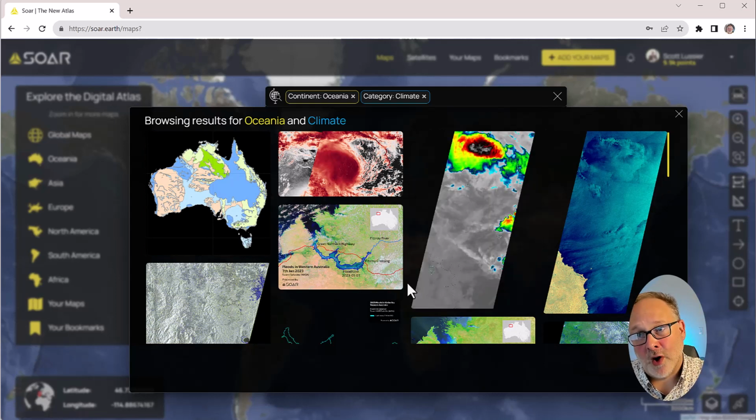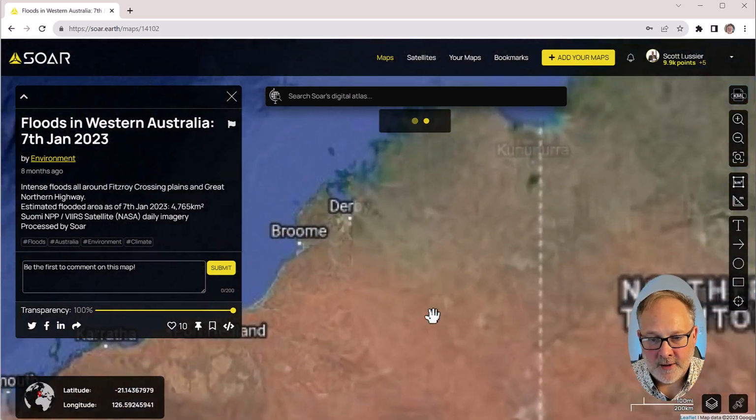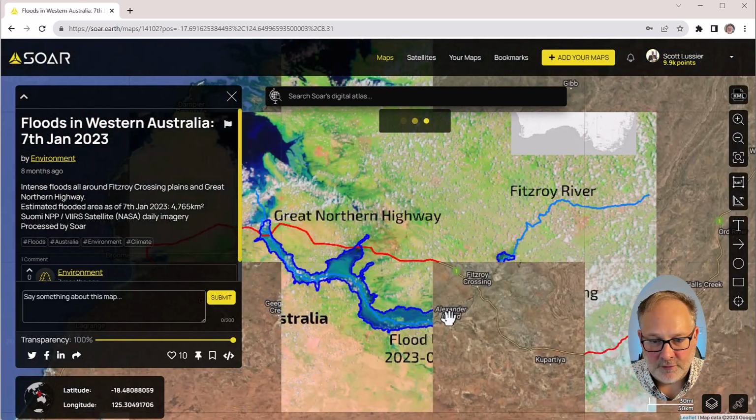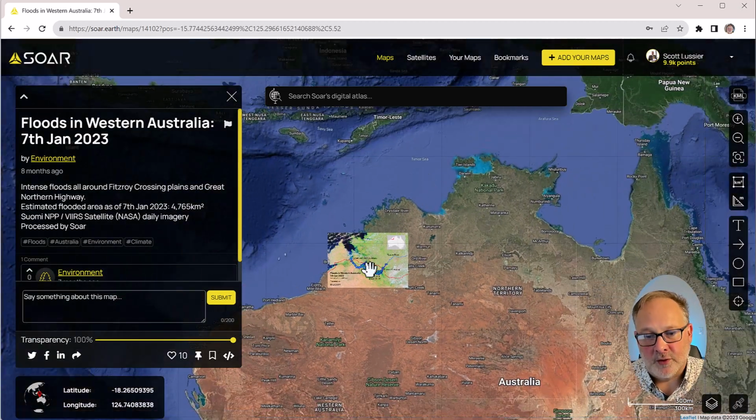So if you just kind of know what you want, or you don't know where it is, say I'm interested in the urban heat island effect, I could type that in and do a search like you would in Google. Then it would show you these places, and I would just click on them, and here's floods in Western Australia, a map of that in January of 23. So it's a great way to search around, whether it's location based or your basic Google search.